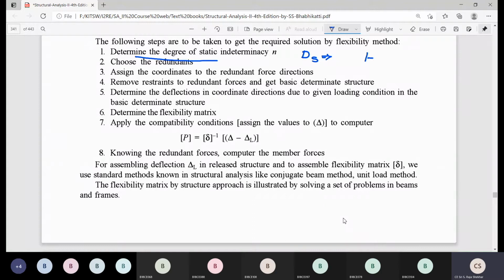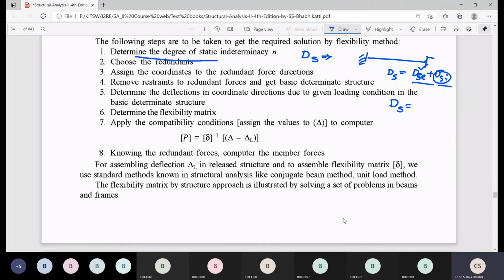If you consider a beam, we will have external indeterminacy plus internal indeterminacy. So generally static indeterminacy consists of external indeterminacy plus internal indeterminacy. For beams, only external indeterminacy will be there, internal indeterminacy will be 0. So for beams, for the calculation of static indeterminacy, we will use this formula. Static indeterminacy is equal to number of unknown reactions.